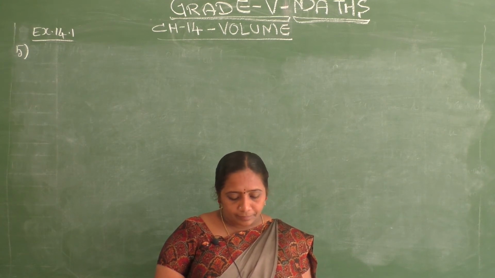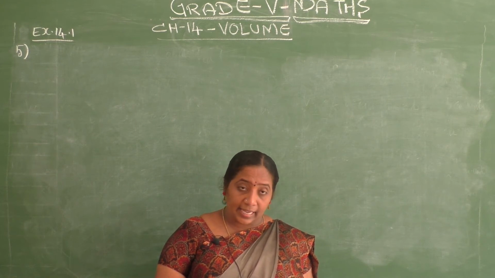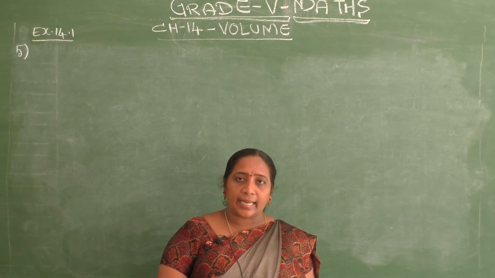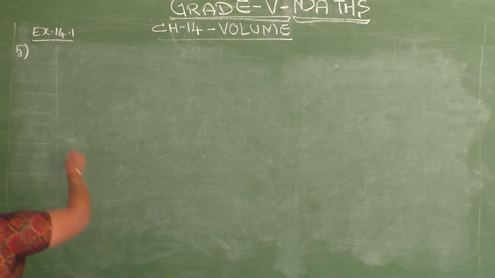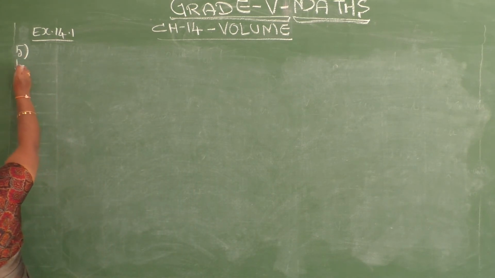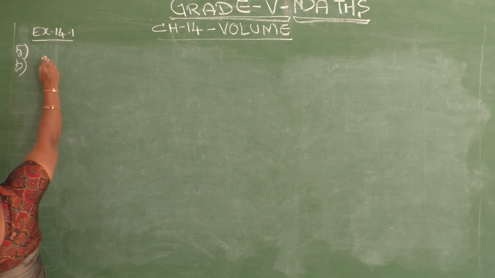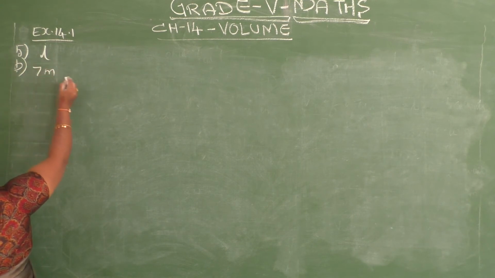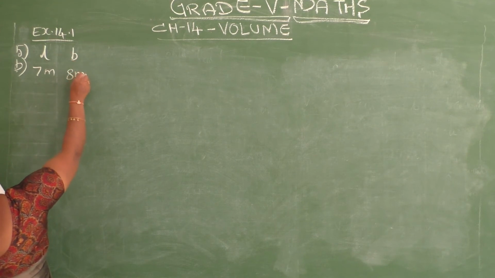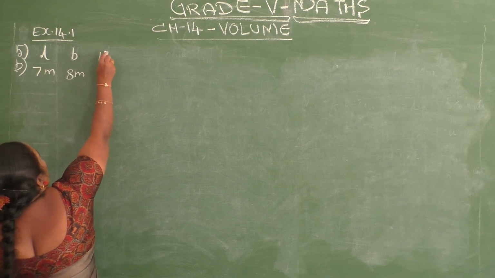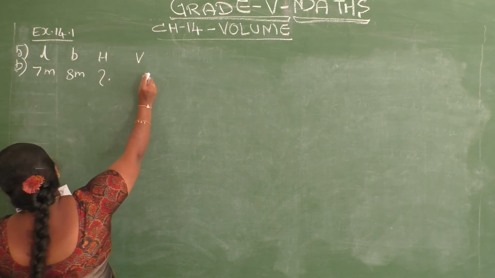Then the second one, they gave the length and breadth, but they missed the height. They gave the volume only. So you don't know these kinds of sums, so I will work out the B1 now. Okay? B1. They gave the length, the length is 7 meter. Breadth they gave 8 meter, but they missed the height. We don't know the height. But the volume also they gave. The volume is